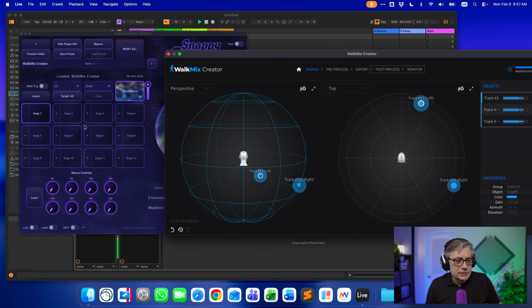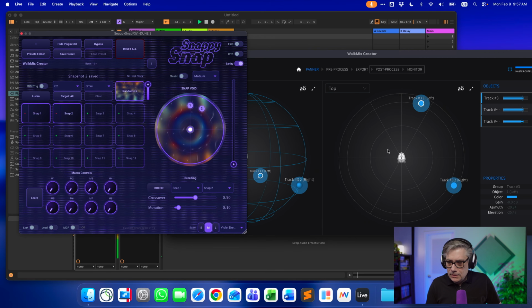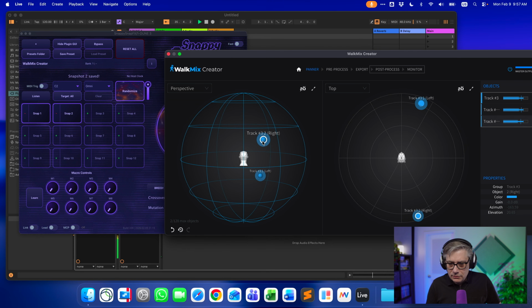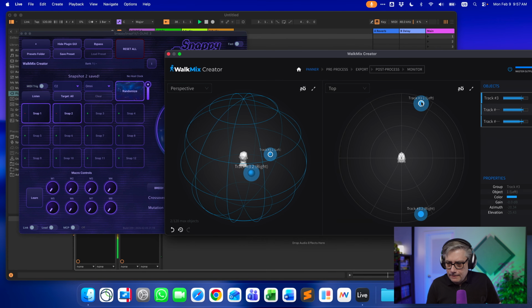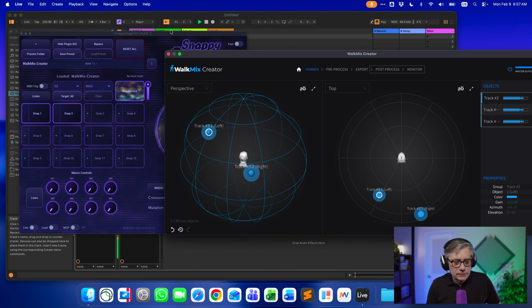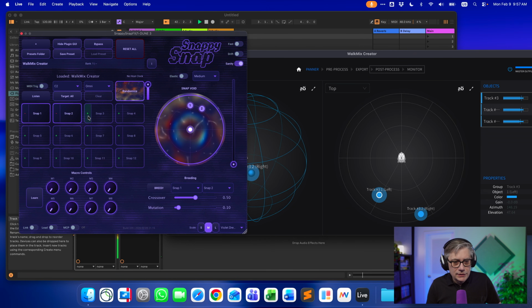I can create a second snap, and then maybe do a third one just for fun. So this one is here in the back, maybe, I don't know. Yeah, let's move it more to the top, right? So you have it in the back. You get the picture, and I can create a third snap.